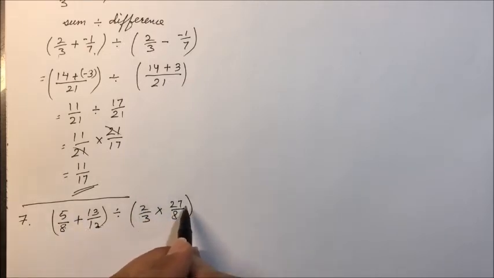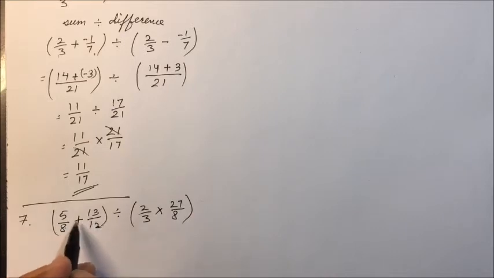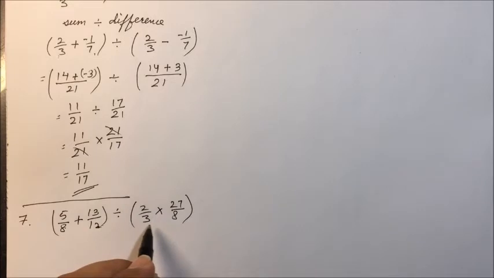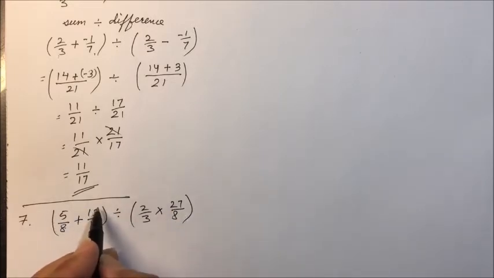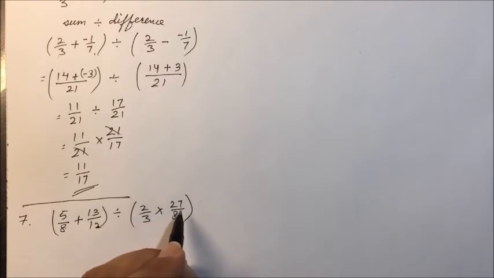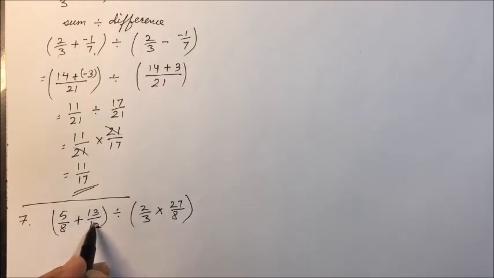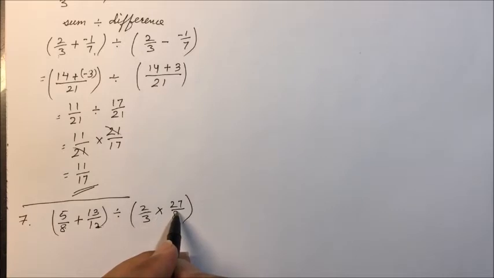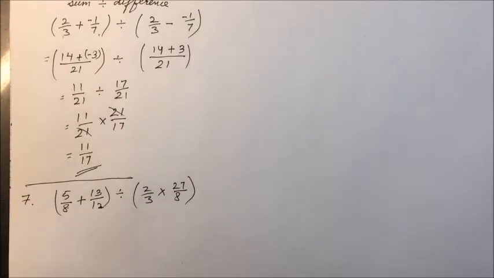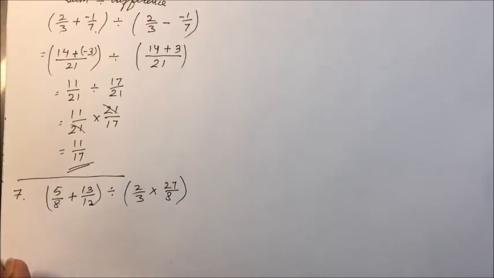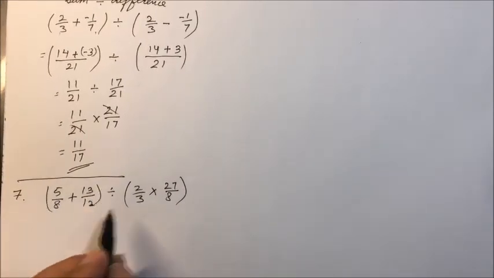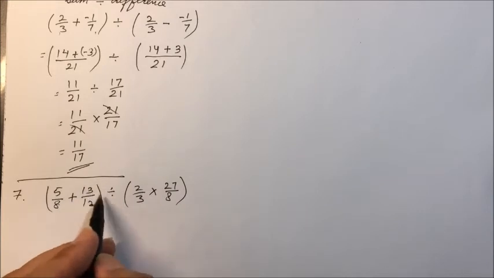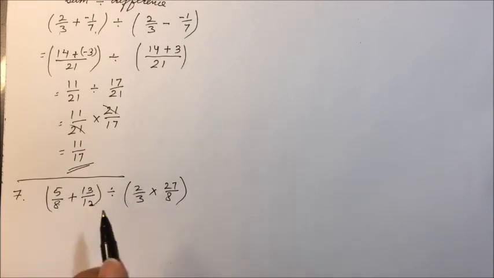These two rational numbers' product we have to take, and the sum of these two numbers we have to take, and then this sum is to be divided by the product of these two numbers. So it will be written in such an expression. Now the next step: first we will be solving the brackets. Brackets need to be solved first, then the division operation.